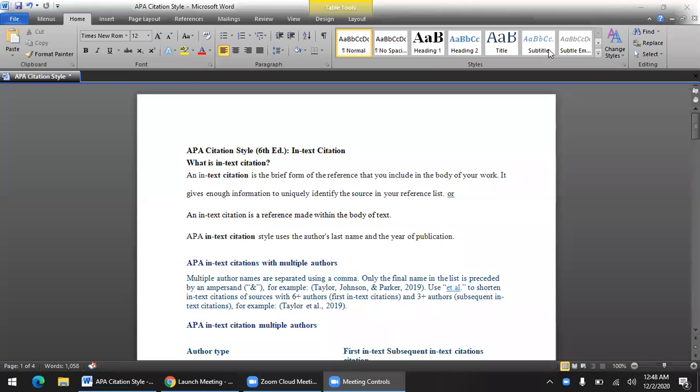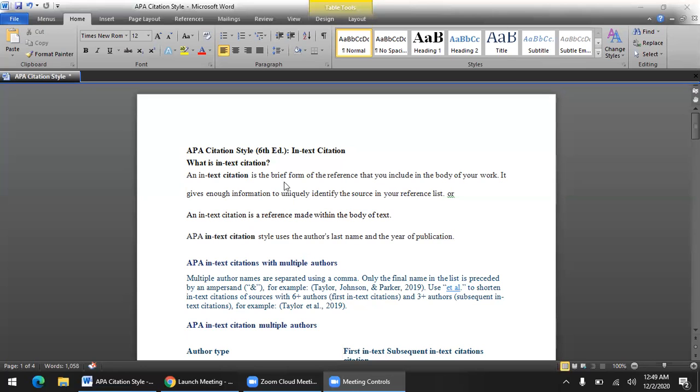Hi everyone. Let's learn about APA citation style, especially the sixth edition. What is APA citation? In this lecture, I'm going to talk about APA citation. What is APA citation and why do we use it? What are the different ways to cite a work in our research work, our thesis, our articles, our journals? So let's learn about APA citations.